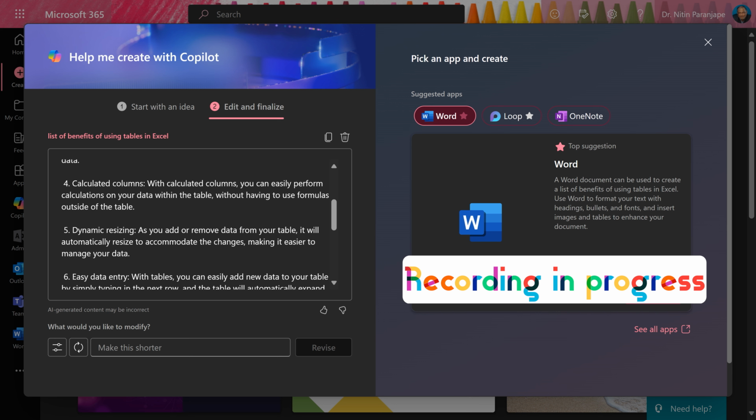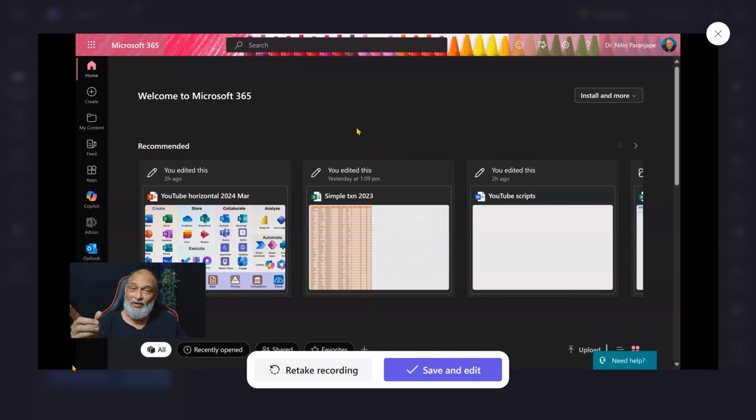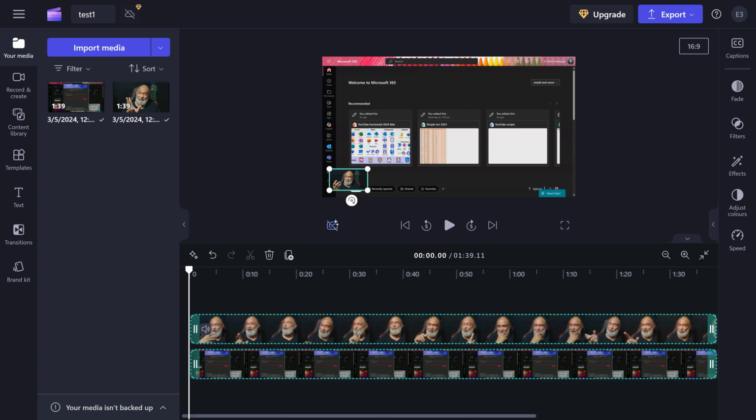Now I've finished recording my video. So I come back to the browser page where Clipchamp is running. Notice it's telling me the recording is now 1 minute 36 seconds, whatever. It says stop. So this is where I want to teach. So now it starts playing the video immediately. So I paused it. Just say save and edit. And now it puts the videos on timeline and you can edit the video.